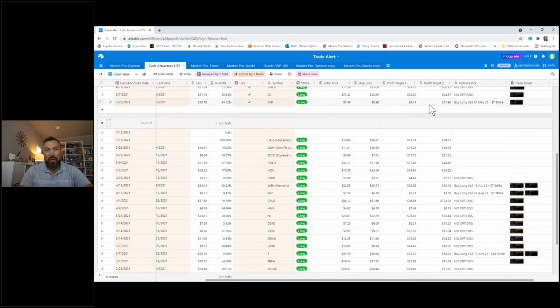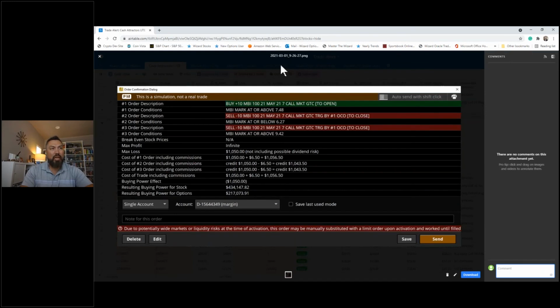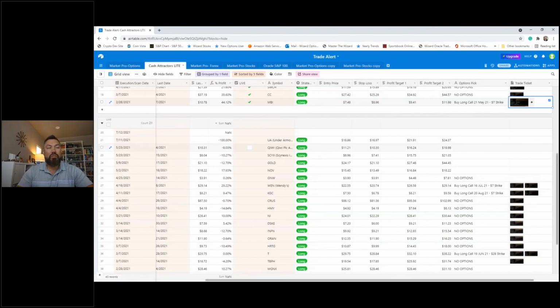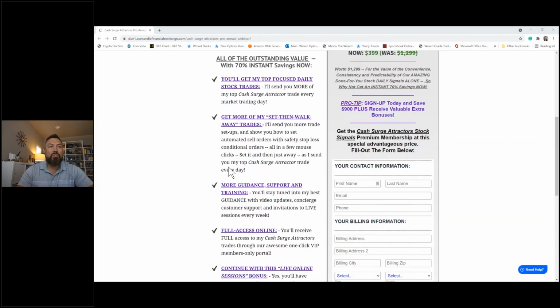We give you predetermined profit targets so you know when to take profits off your positions, and we give you copies of the trade ticket. So here's a copy of the trade ticket. This is where we set it up. You can see the date was March 1st, 2021. We bought 10 shares, and you can see the trade. So everything's transparent. I've never seen a more transparent program out there, and it allows us to really deliver appropriately, right? But that's what it looks like to be delivered signals.